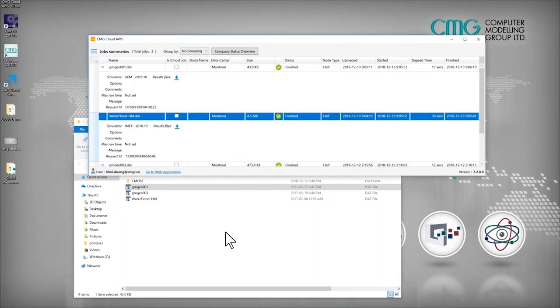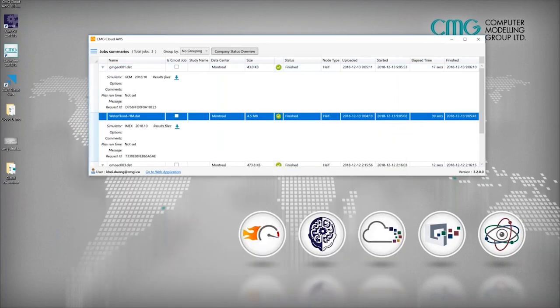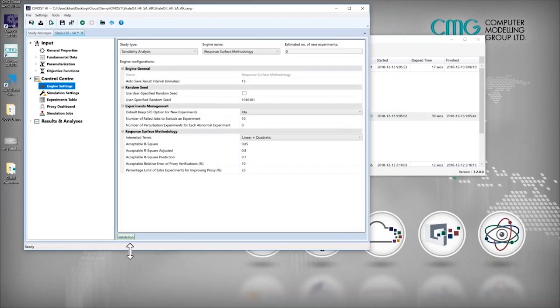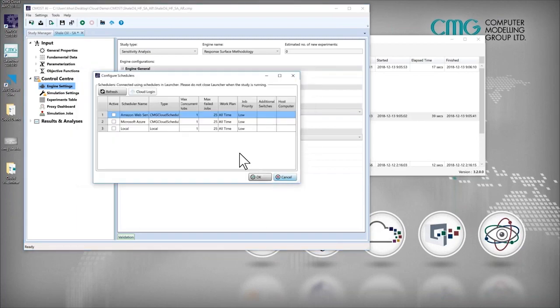In my slide, I mentioned that CMOS is also cloud capable. Right? So I open up my CMOS here. In the submit run option, okay, you can see that now, once I've logged in, Amazon and Azure, as well as the local machine or any data center that you have, will be available for you to submit your run from CMOS. So multiple different ways to submit runs, very simple, very effective on how to submit your runs.